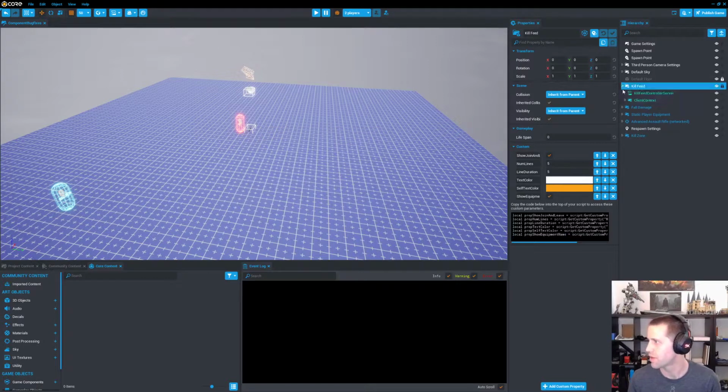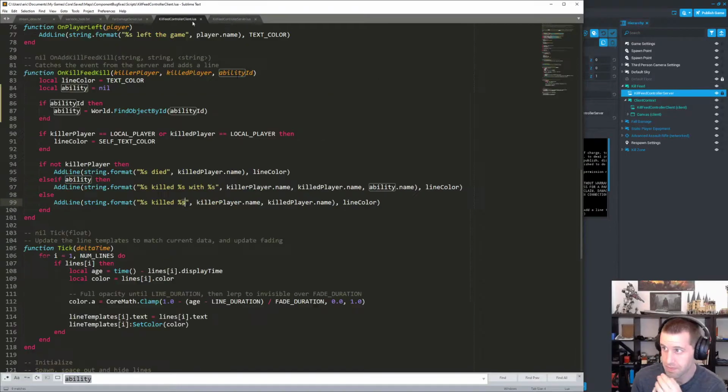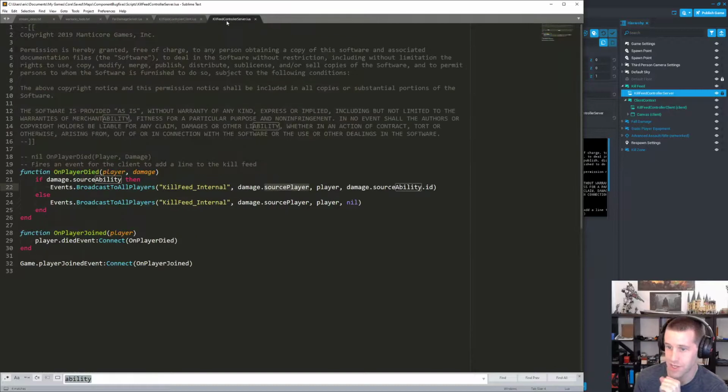So, the question is, do we do this in the client or the server? Currently it passes the ability ID and the client finds that ability. We could look for the parent, but it's possible the client will get that later and things have already changed. Like you fire a rocket at someone and hit them, and in the time that it takes for the message to get to the client, you've dropped the rocket launcher and picked up an assault rifle, then it's very confused. I'm not actually sure what kind of edge cases might exist there, but we want to be careful of that sort of thing. So instead, I'm going to do this on the server,